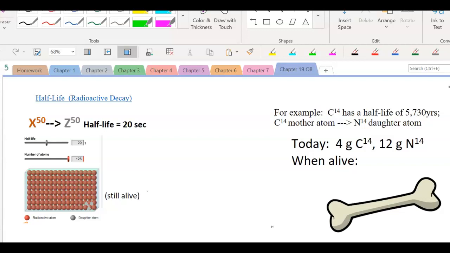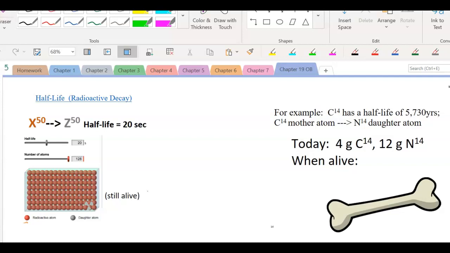This screencast is going to review quite a bit of the geologic timescale, and I also want to talk about the absolute dating that allows us to determine the dates on the geologic timescale. So here I can see in this demonstration I have a sample of 128 atoms, and they're all in their